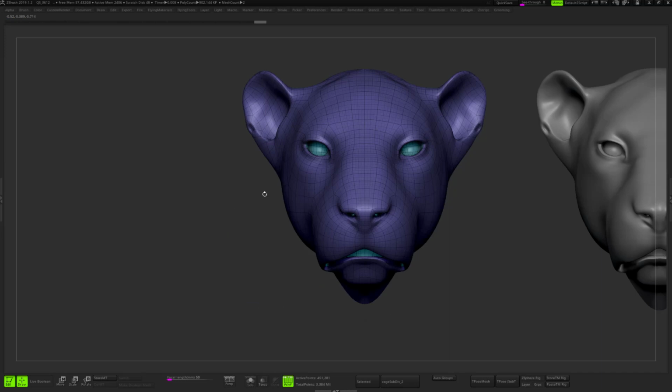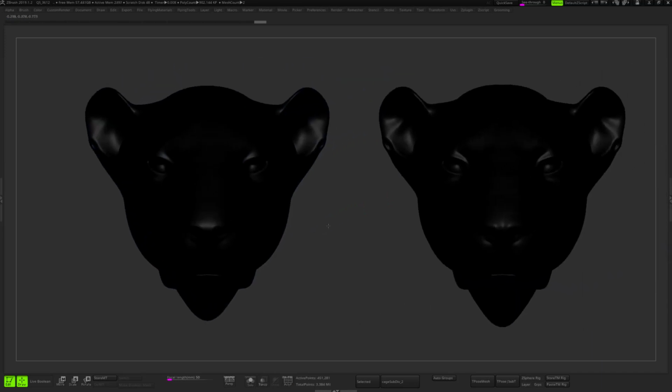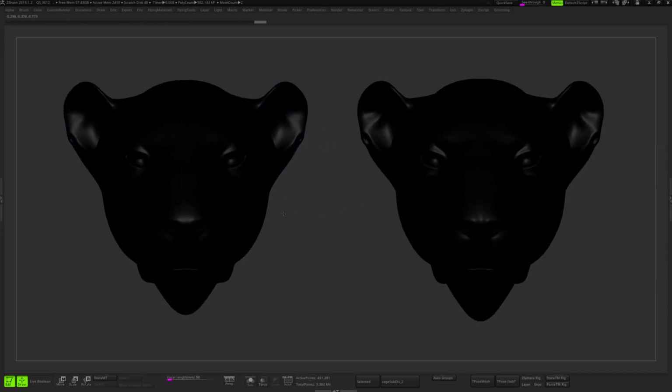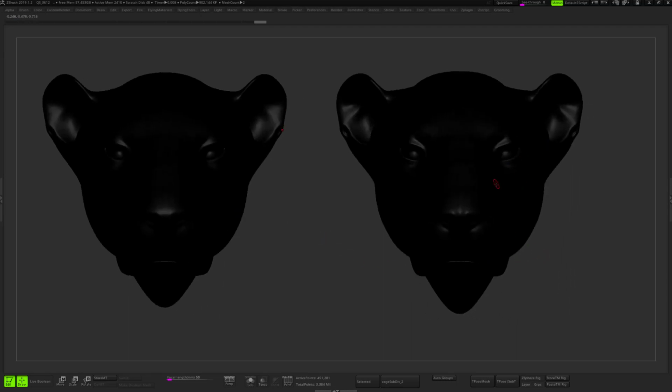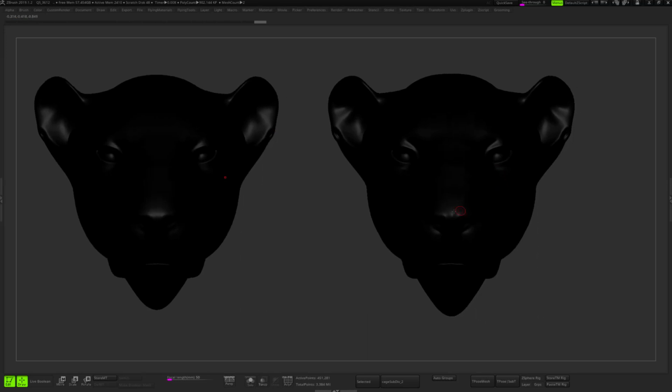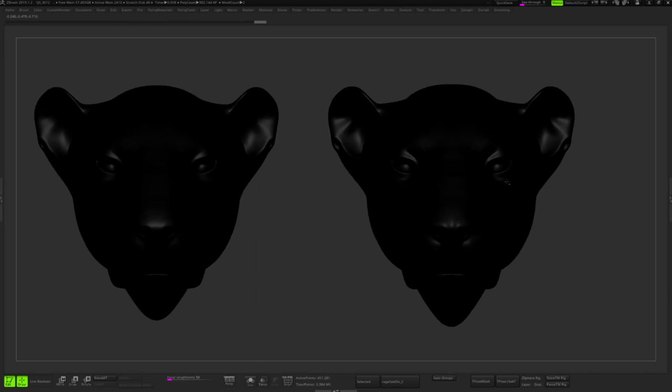in size. And again, if we have a look at just the specular of the two models, we can see that definitely more details were kept from the base mesh, from the original topology. On the one on the right, you can see that on the nose, and you can see that on the eyes, a little bit on the ears as well.